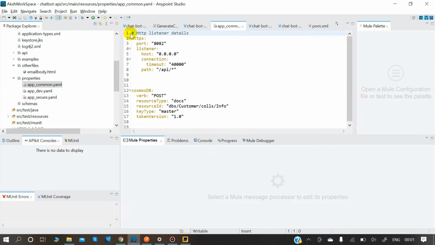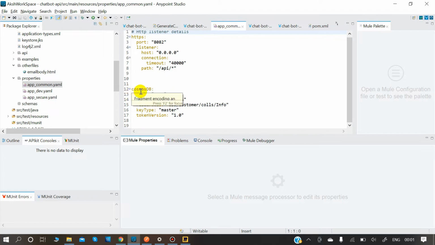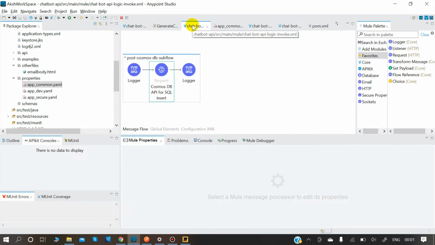As you all can see, I have listed the HTTPS listener port, and here we have the Cosmos DB details, where you can see there is a verb, docs, resource ID, key type, and token version that I'm going to use here.